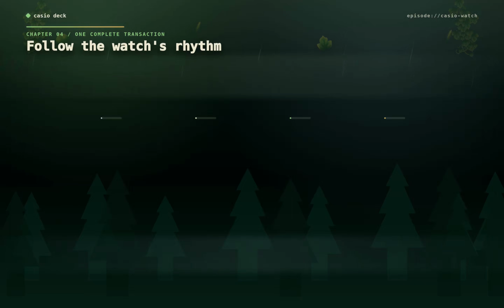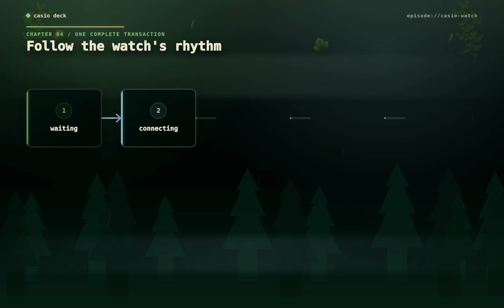Once I followed the rhythm, the protocol started to make sense to me. The helper waits quietly. Then the watch starts a conversation. The helper connects, performs the app info handshake, checks why the watch called and prints one clean result, and then the connection closes again. So for example, if I press the lower right button, that single line was the first